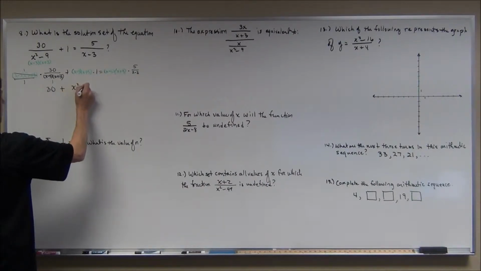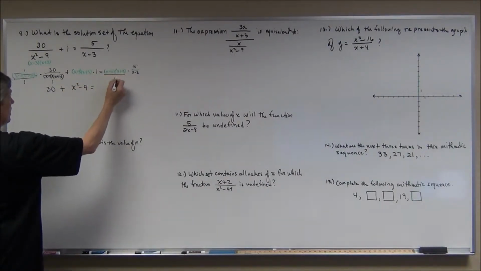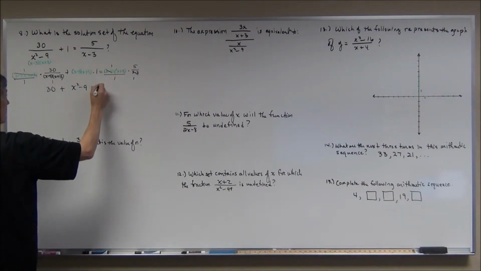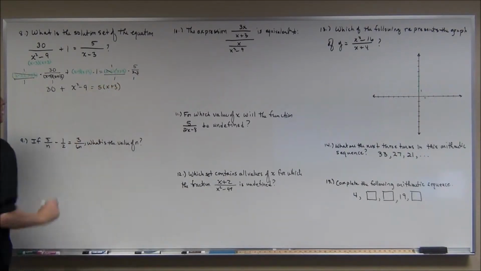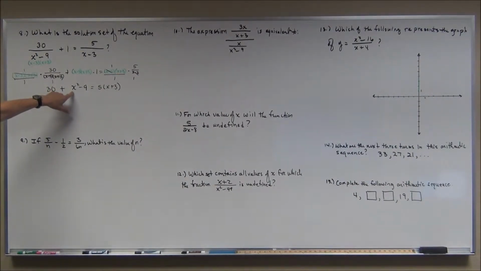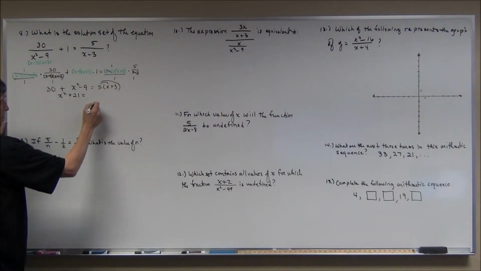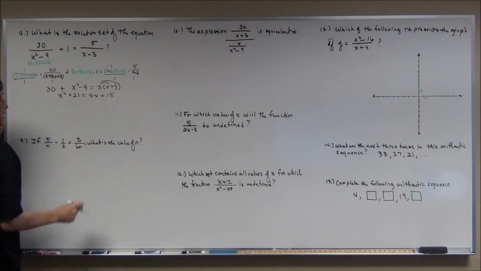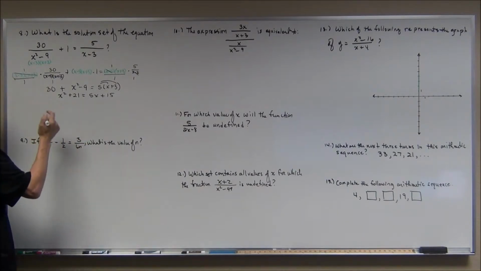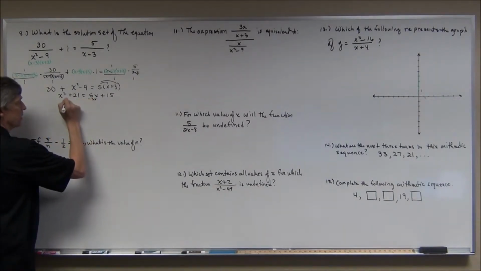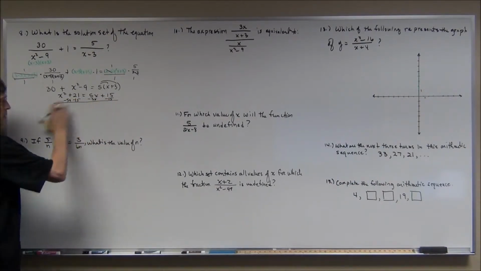So I'll multiply those together because I know it equals x squared minus 9. So this is x squared minus 9 equals, now over here, the x minus 3's cancel, but I'll have 5 times x plus 3. And you can see right away, you have a quadratic. To get a quadratic equation solved, you must have it in standard form. So I have to simplify both sides and get everything on one side so that it's set equal to 0. I can combine the 30 and the minus 9, I get x squared plus 21. And over here I have to get rid of the parentheses, I get 5x plus 15. Now I'm going to double up the steps here. I am going to subtract the 5x from both sides, and I'm going to subtract the 15 from both sides,